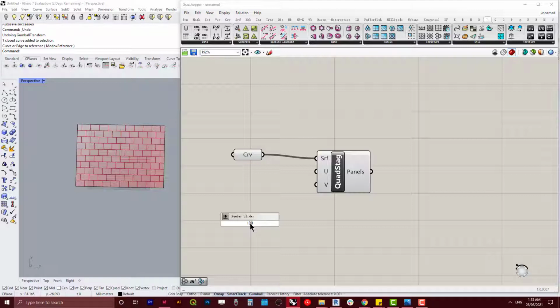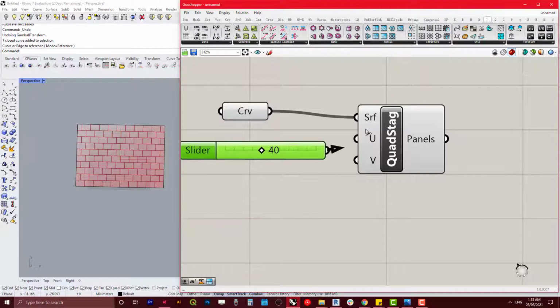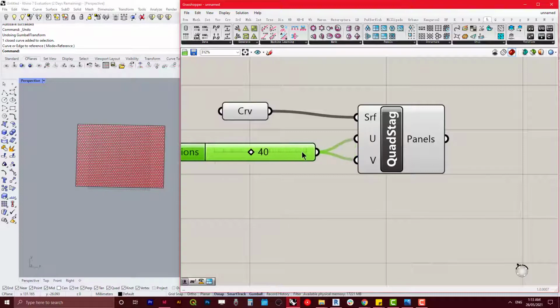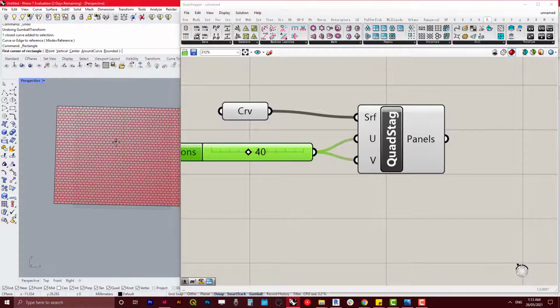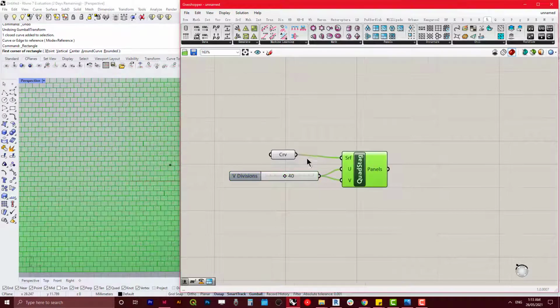So I maybe put a number style as 10 to 100, so maybe I just put 40 right now. They both have the same number, so I have a brick panel pattern, and then I will go into